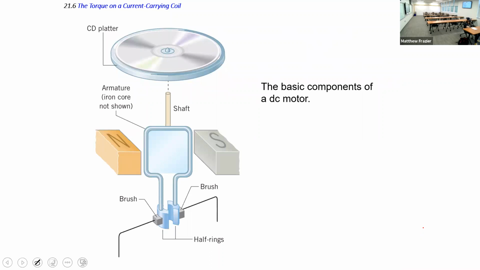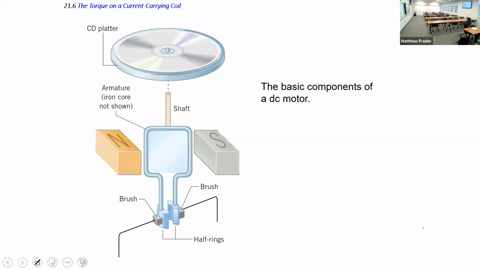Now, the purpose of this is that if we can get a coil turning, that's a motor. We can do useful work with it. We just have to get the coil turning and make it turn something else, so we can turn other things like automobile wheels or CDs. So what I was talking about is,